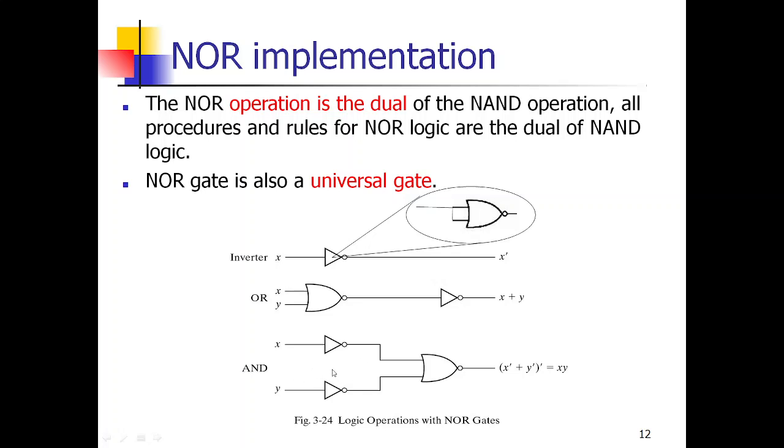And also for the AND gate. The AND gate can also be implemented with NOR gates. As we discussed here, this is actually a NOT gate. How does this NOT gate become a NOR gate? So we can represent it like this. So instead of this NOT gate, we can use a NOR gate here, so that the whole circuit represents the NOR implementation. So these are the logic operations with NOR gates.